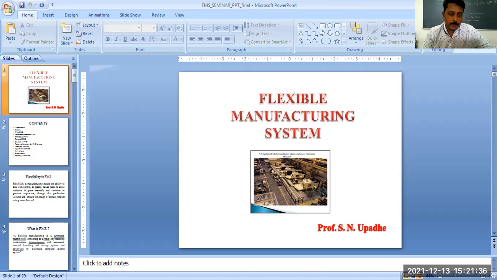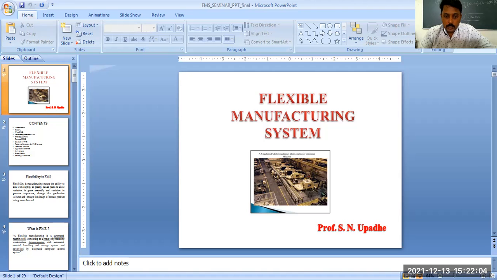See, this is one type of flexible manufacturing system. You can see there is a control room from where the total control of the system is being carried out. There is a wash station, there is a machining station, there are AGVs, automated guided vehicles, which are following a path which is drawn on the floor. You can see here. Then central chip and coolant system, it is just a requirement.